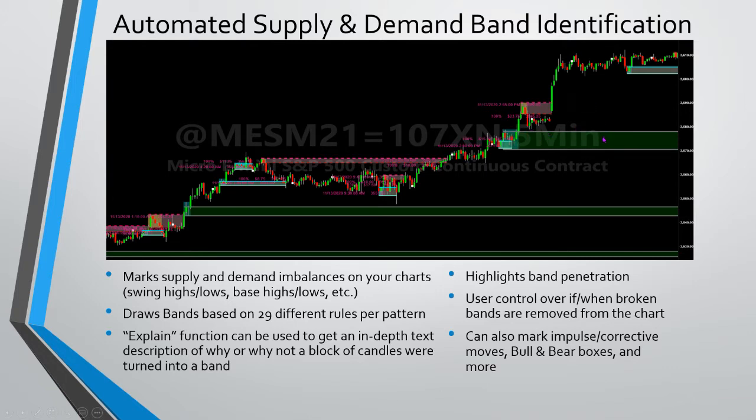If price came back down into this band, it will show you how much of the band is penetrated, and you'll actually be able to decide if you say once the band is 50% penetrated, well, I don't want to see that on my chart anymore because I think that's used up, and I wouldn't want to place a trade there. Also, it allows you to either remove the bands from your chart once they're broken, or